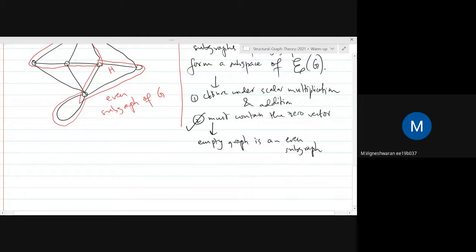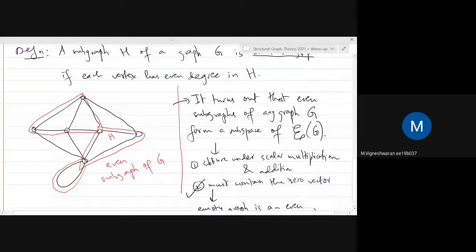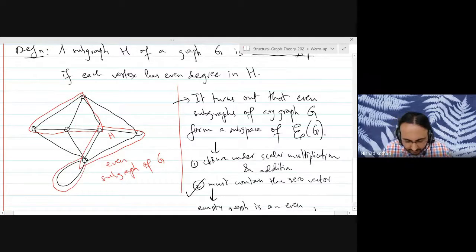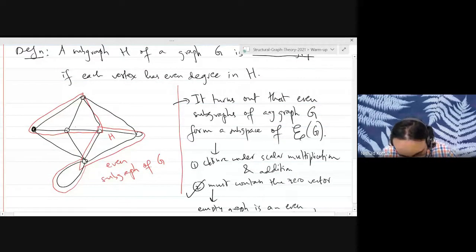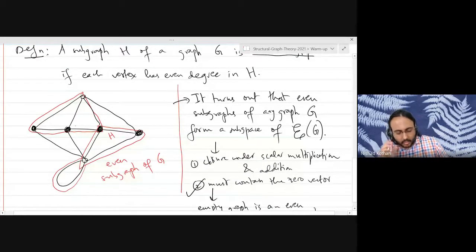Like in the top left graph, there are 4 vertices, no, sir. The middle vertex in the base of the triangle, it is having only 3. That's right. So you're looking at these vertices, these 4? Yeah, sir. Okay, so that's what we addressed earlier. Notice that the graph G, I'm not claiming that the graph is even. The graph G is not an even graph in our example. But the red colored subgraph is an even subgraph. So we are looking at the degrees of the vertices with respect to the red colored edges. We are not looking at all the edges that are given to us.